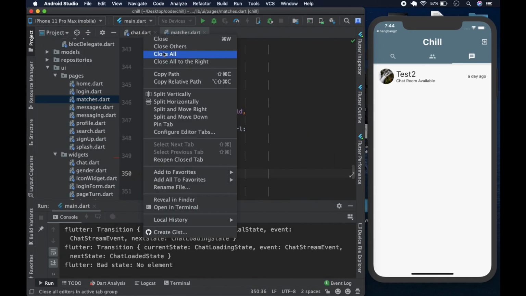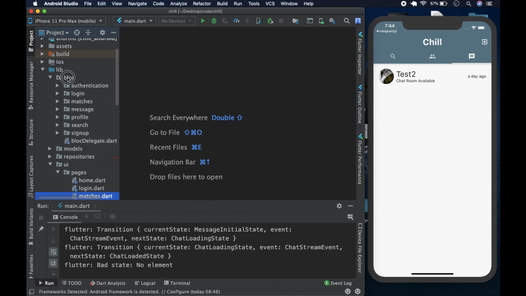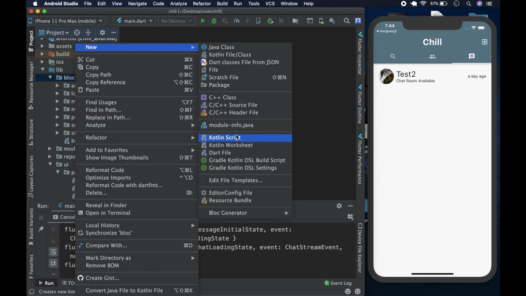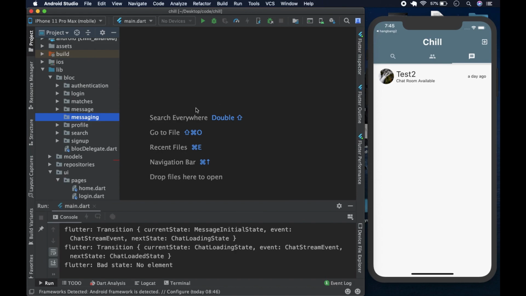So we could close all. We hit that. We come to the block folder. We create a new package, and this block is going to be called messaging, like so. We hit that.